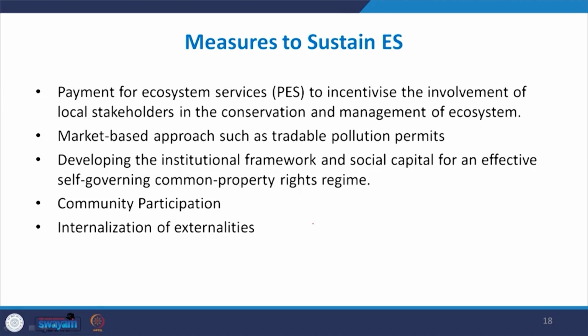Then developing the institutional framework and social capital for an effective self-governing common property rights regime. So, the tragedy of the commons is a major issue. So, how to develop a better institutional framework and generate the social capital, so that these common property or common pool resources can be effectively protected, and then community participation in preserving and sustaining the ecosystem services, and last,